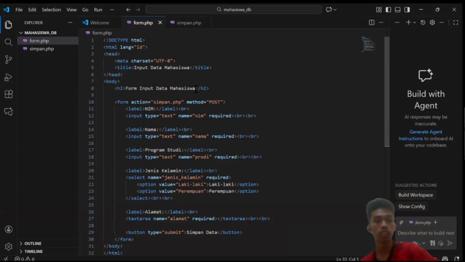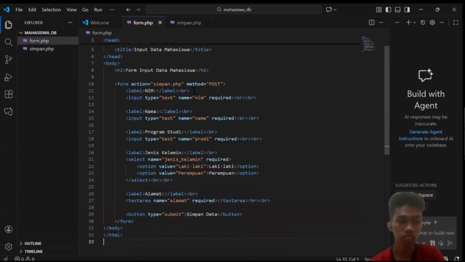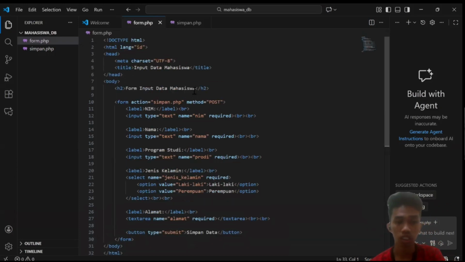The processing begins when the user opens the front page with the form. There is an HTML structure containing the elements used to collect student information such as name, study program, gender, and address.